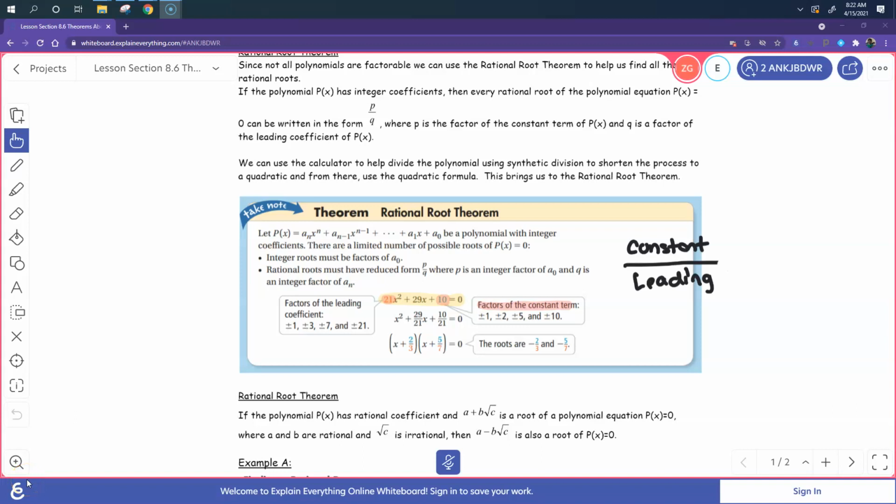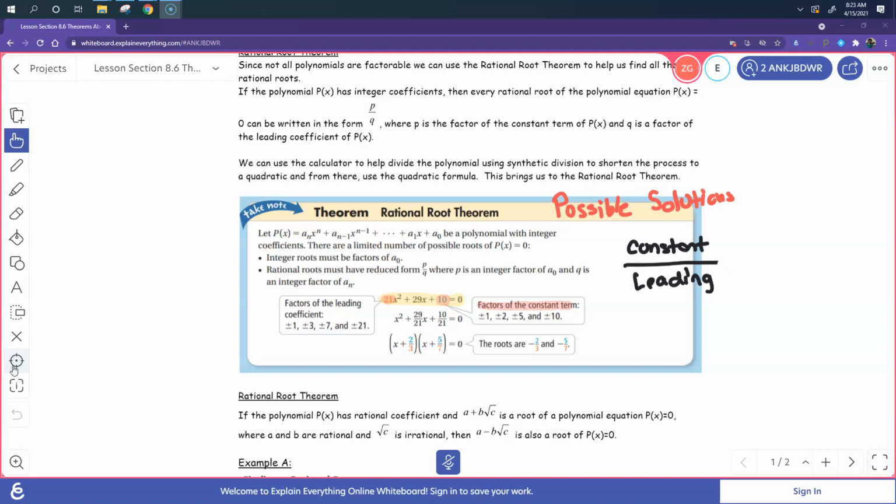Today's lesson has to do with the rational root theorem. I want you to draw your attention to the middle of the screen here, where I'm talking about the rational root theorem. And what I want you to understand, because I'm going to summarize this, is that we are going to be able to list the possible solutions of polynomials. And we're going to do it by figuring out the ratio, or determine the ratio of the